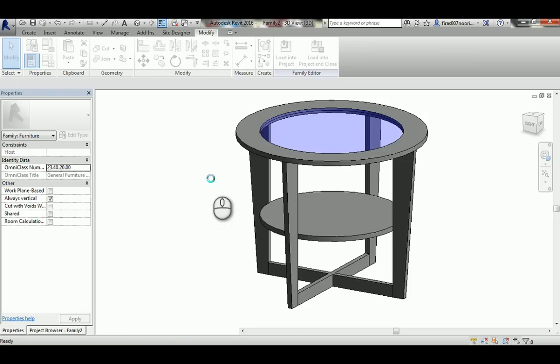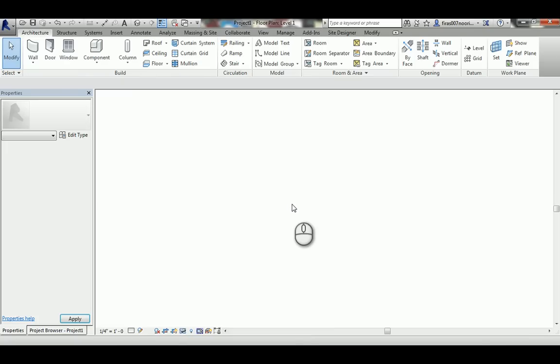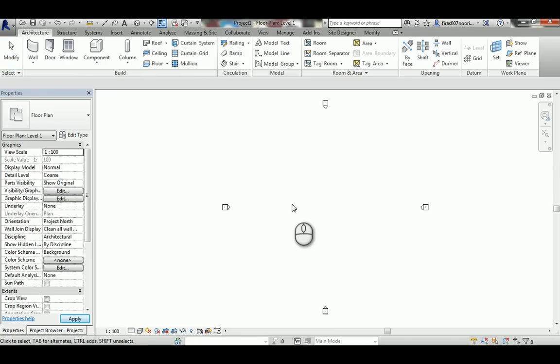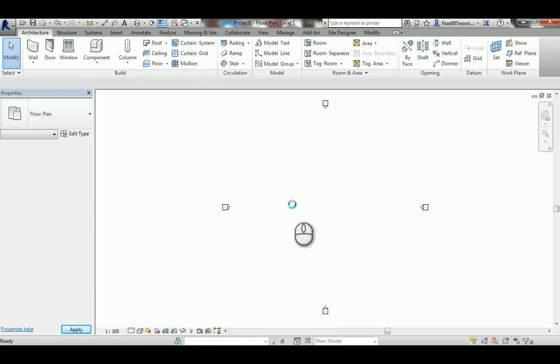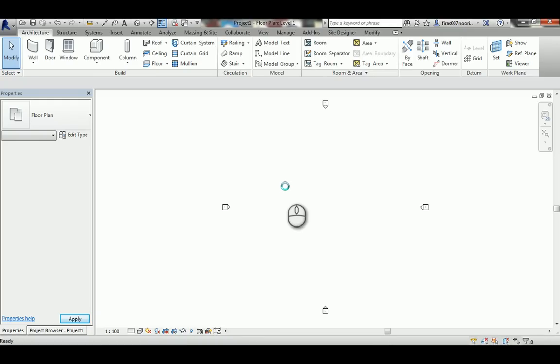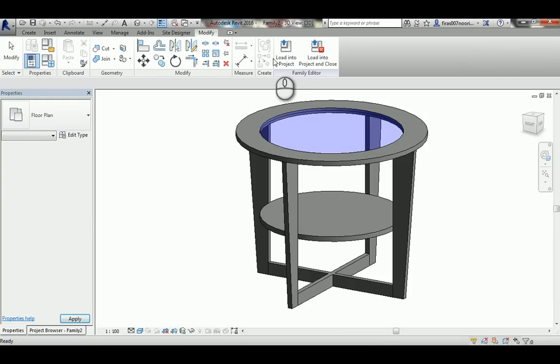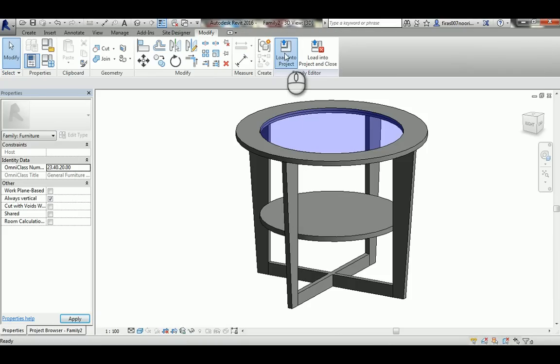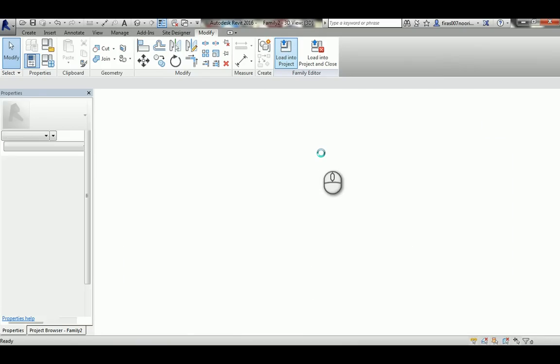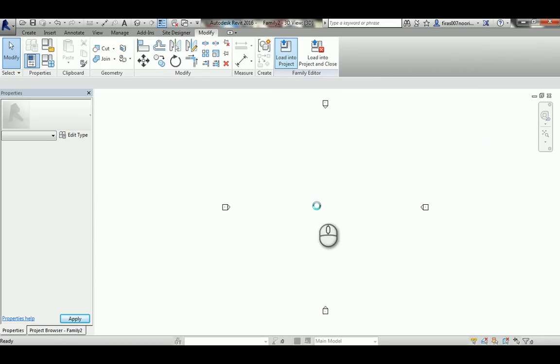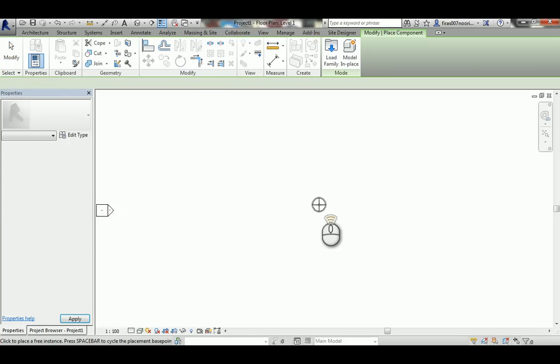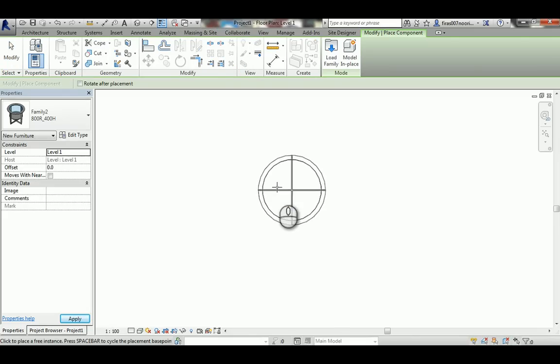So I'm starting up a new Revit project. It's kind of like making a pre-setting for your table that I have in here. Anyway, back with Control Tab to my table family editor, and I'll hit load into project. Now Revit will load this table family into my empty project, as you can see. See, now you can add here a table,